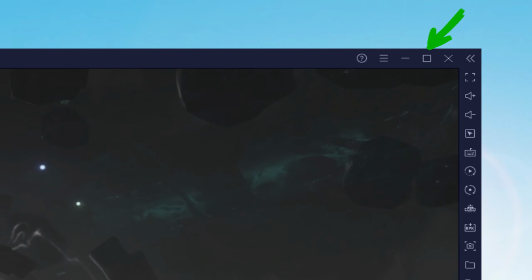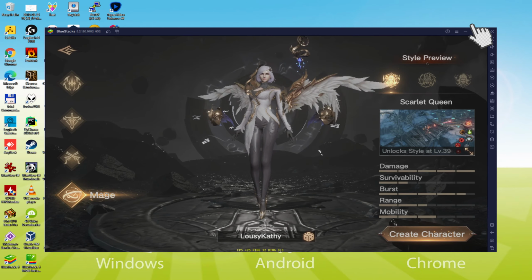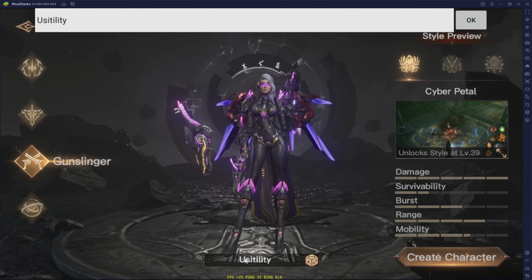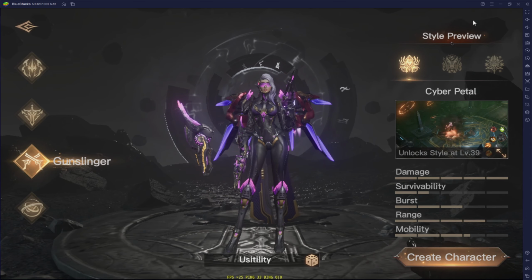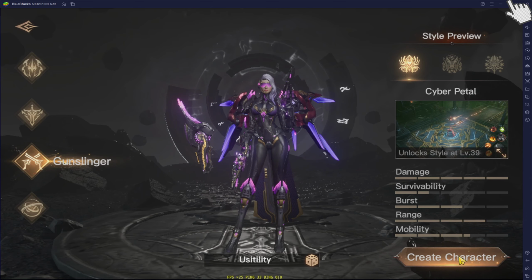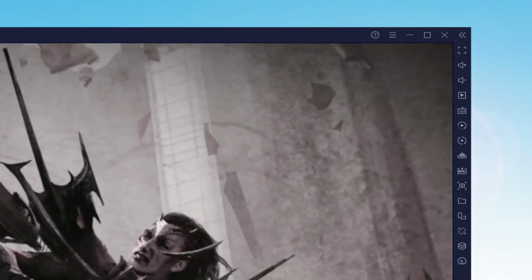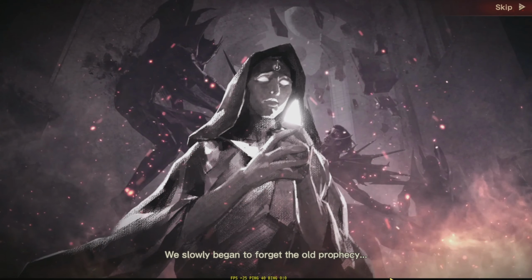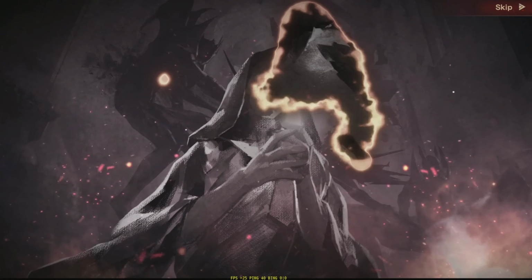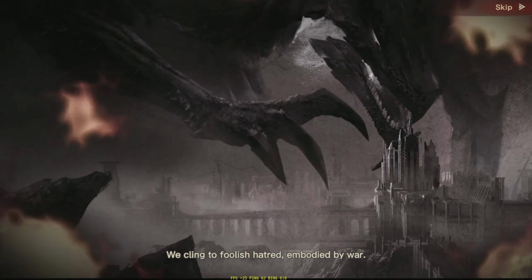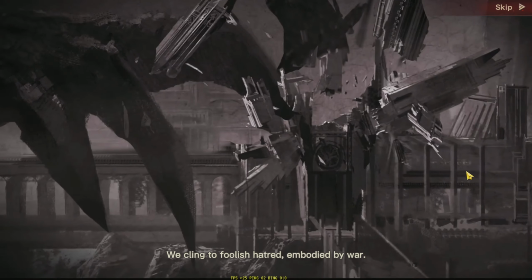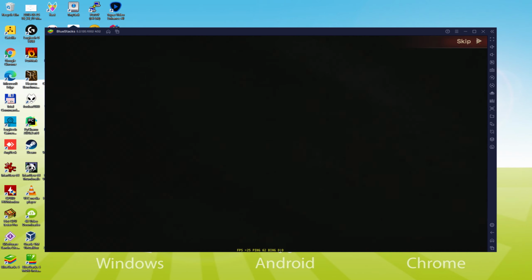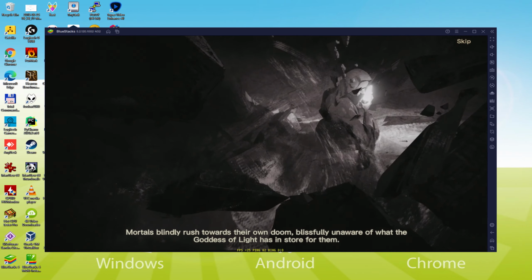We mouse click on that app icon which I'm pointing out in green color. Thus the screen is maximized, with one border on top, one on the right side and one at the bottom. If we want to play the game using the whole screen, we mouse click on that icon. And we would now be experiencing the gameplay in 100% full screen mode. To exit the full screen mode, hit the F11 key. And we would then be in standard screen mode.